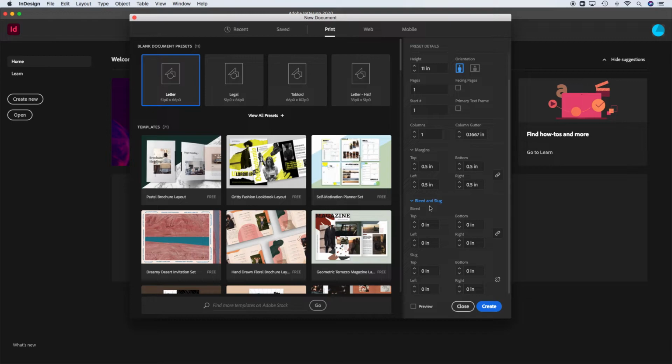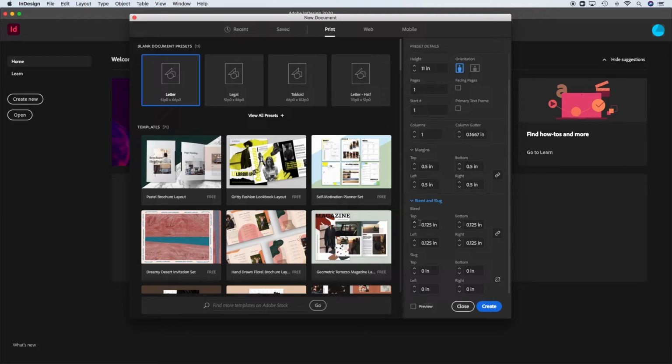And it's very important, again, if we want something to go to the page edge, once it's printed and trimmed, that item has to be bled off of the page. That's in order, through the printing and trimming process, to avoid any missed cuts that will leave a white edge or a very thin white line where we actually wanted something to bleed right off the page. Sounds a little more confusing than it is, but we're going to set that at 0.125,